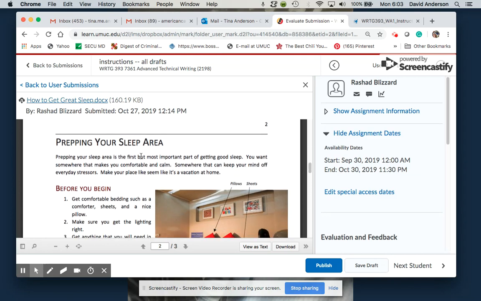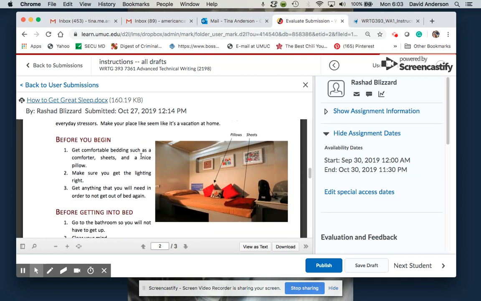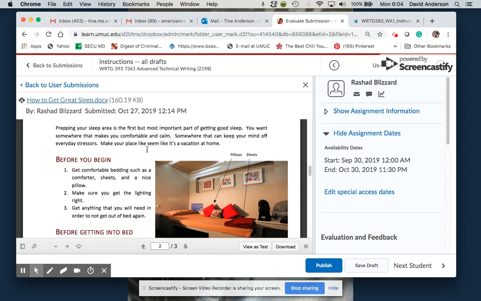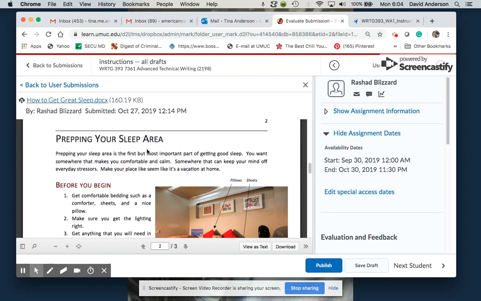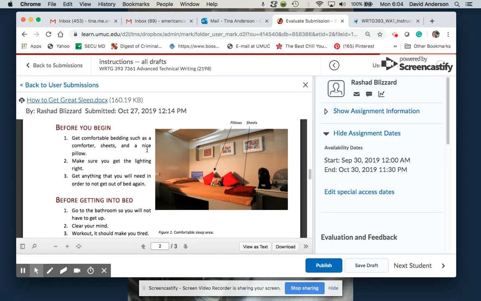Then, when I get into these instructions, my biggest overall thought is that this is such a broad topic. I wonder if perhaps something a little more targeted, like making a bed, if you want to keep within that sleep area, or something very task-oriented and specific, because there are so many variables to getting a good night's sleep. I'll show you how you can see these variables inside your set of instructions. First it says, before you begin,